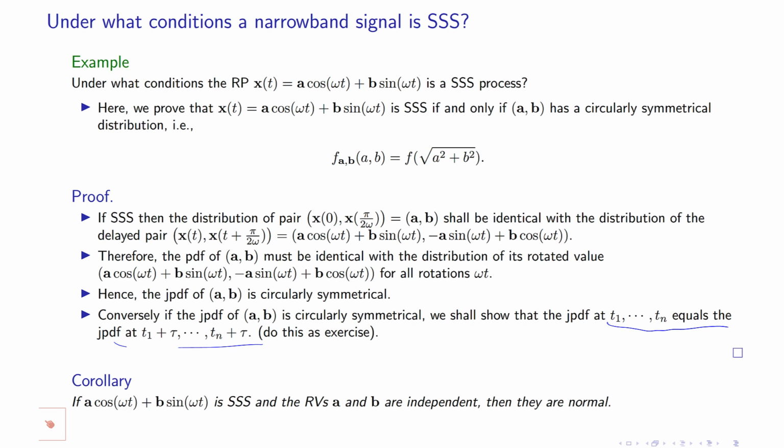As a conclusion, a narrowband signal of this form, in phase and quadrature, is strictly sense stationary if the pair of in phase and quadrature components are circularly symmetrical. Moreover, if you say that the in phase and quadrature components are independent, then they have to be normal. In other words, for a narrowband random process, if it is normal and wide sense stationary, these two components have the same variance and are uncorrelated, mean is